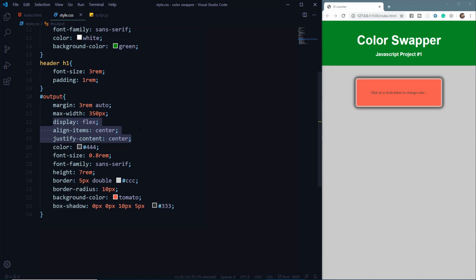If you don't know what is Flexbox model, I have already created a video on that, so you can go and watch. Then we can set the text color to a shade of gray, and then I've set the font